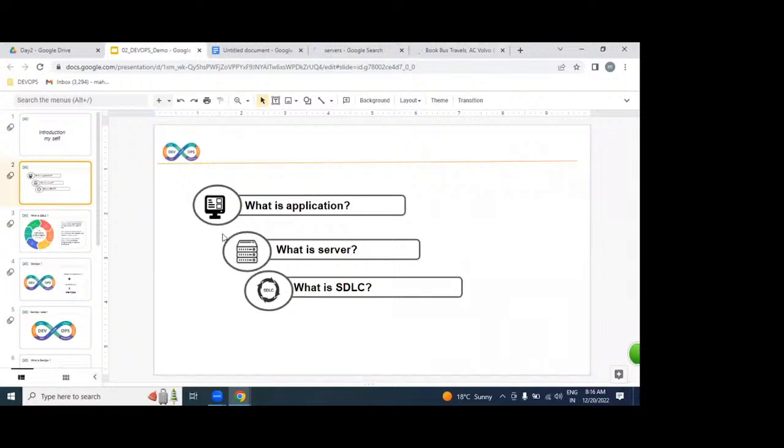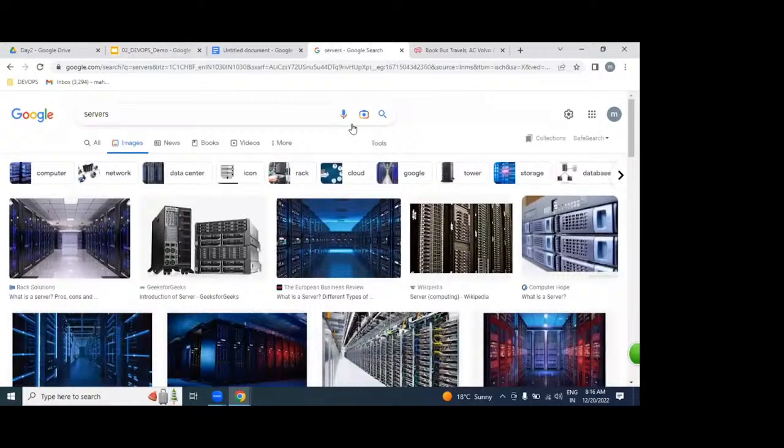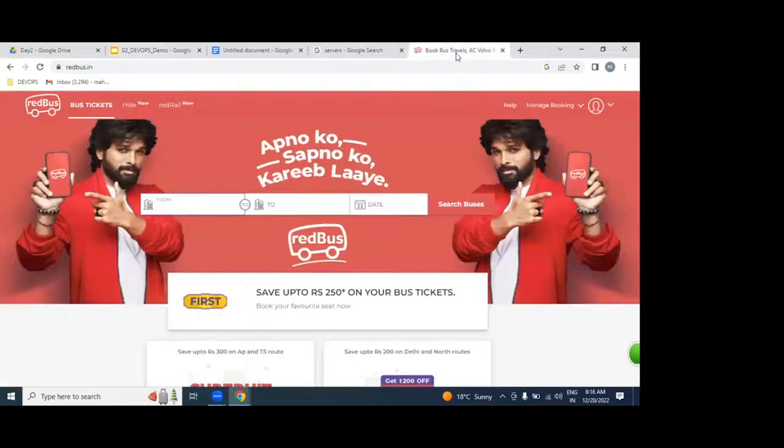Always remember, when I say application, it is a website. From a definition point of view, an application is nothing but working software written in any programming language like Java, .NET, Python. That application is placed on hundreds of servers, and once placed, we access it over the internet as a website.